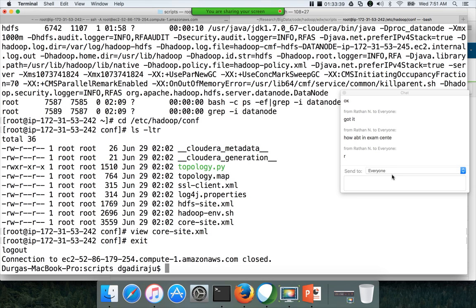So how about in the exam center? It's a very good question. If you decide to take the Hortonworks certification, they give access to AWS. They try to provide access to AWS using something called a VNC server. VNC server is like remote desktop. In Windows you have remote desktop to connect to remote hosts. Similarly,